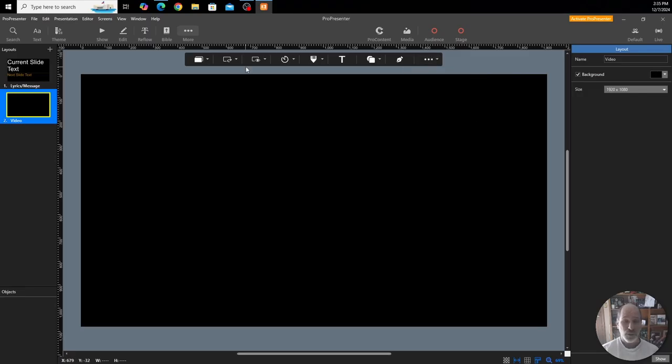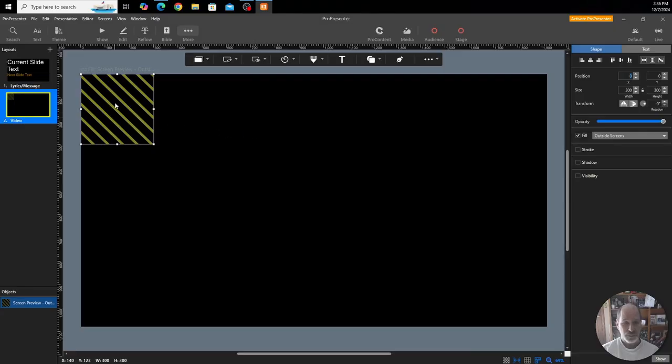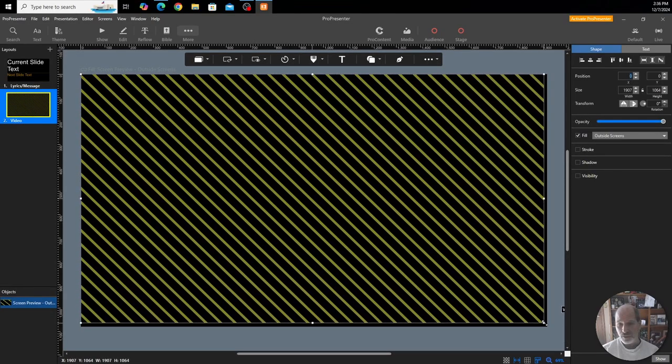But for us, we want the outside screens to show on the back screen. So we're going to go to this one, and we want outside screens. So these are all the screens that we just created. So we're going to select outside screens, and it puts the outside screens here. And then I can just make this full screen. Okay, so